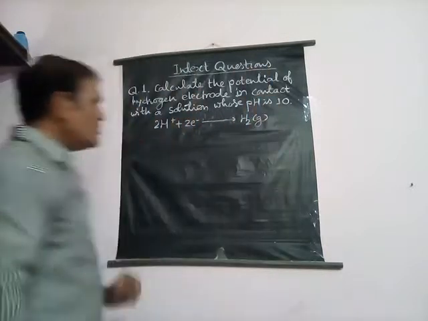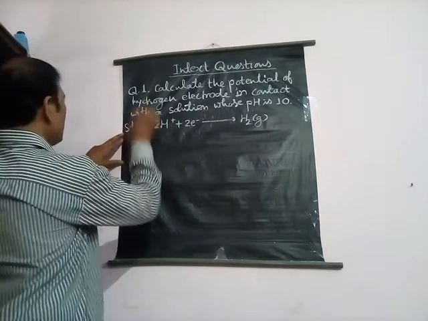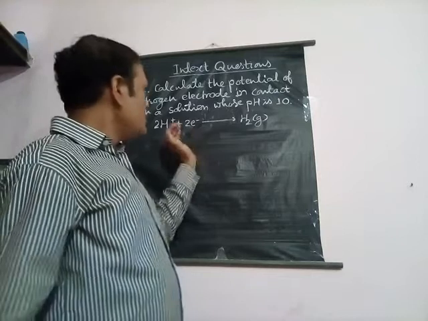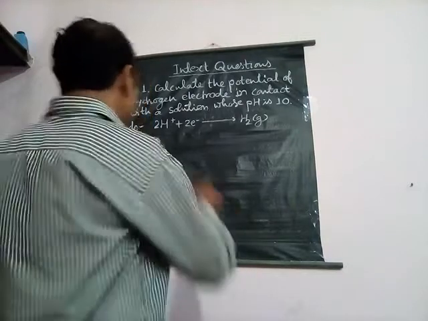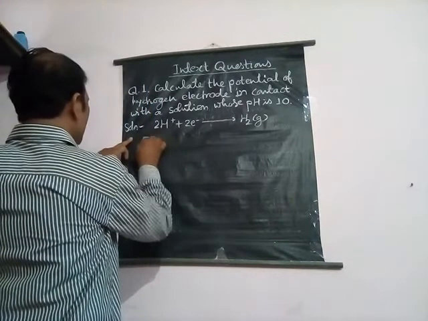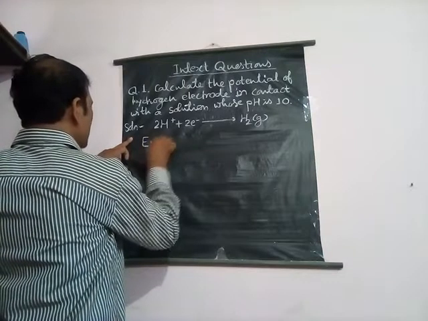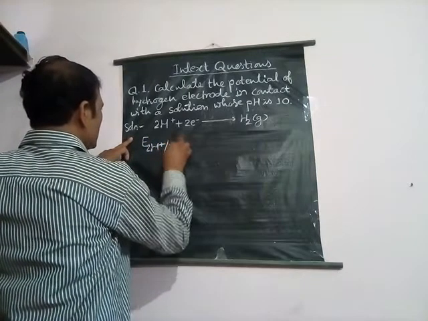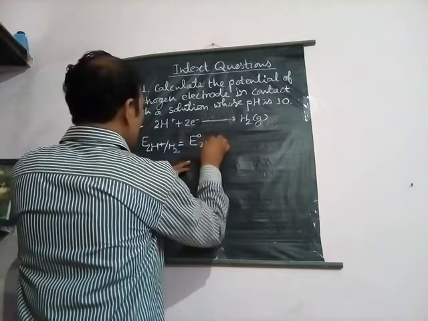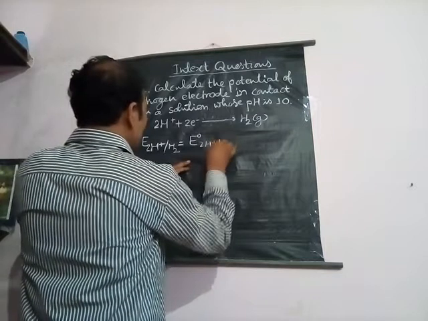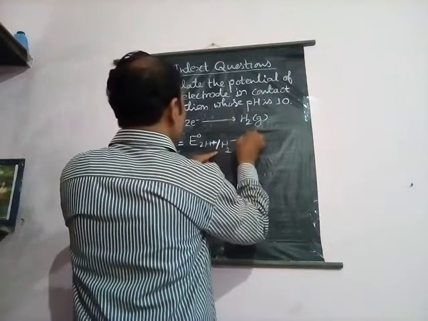Now this is a particular type of question which is possible under solution. For this particular type of electrochemical cell, we can again write the Nernst equation. So the Nernst equation for this cell will be E of 2H positive ion upon H2 equal to E naught of 2H positive ion upon H2 minus